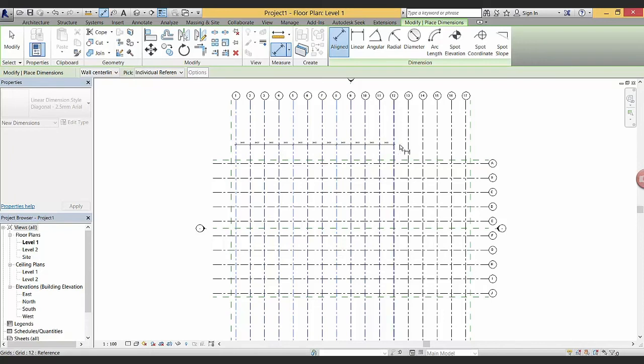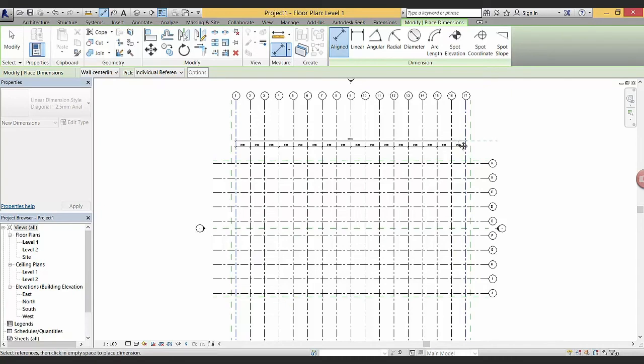So you start the command, and then we click on grid number 1, 2, 3, 4, and so on. When you have clicked on all the grids that you want to dimension, you place the dimension segments by clicking in empty space, like so. We create another dimension giving us the distance between grid number 1 and 17, and you'll notice that when you move the cursor around now, the dimension will snap to a pretty nice distance from the previous dimension.